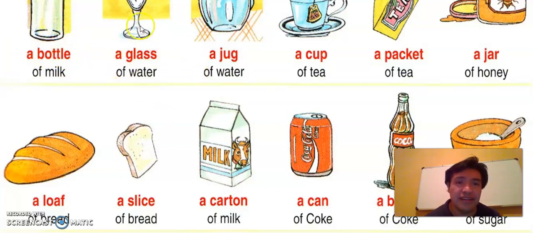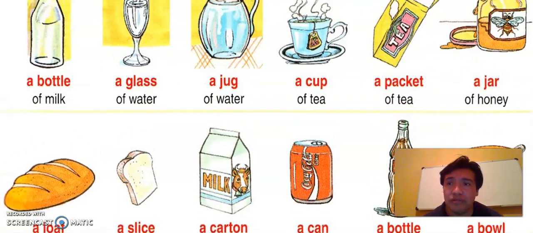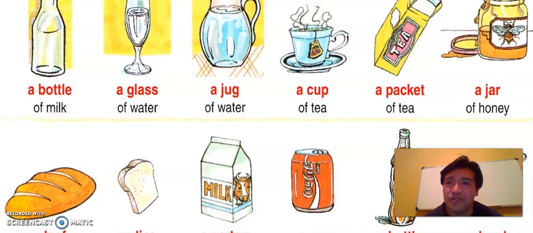Then we have a glass of water, a glass of milk, a glass of wine, a jug, a jug of water, a jug of orange juice, apple juice, carrot juice, and so on. Then we have a cup of tea, a cup, that's a container, a packet or package of tea, and so on. A jar, that's a frasco. Look at this. Well, I hope you can see them better. We have a jar, it's frasco,